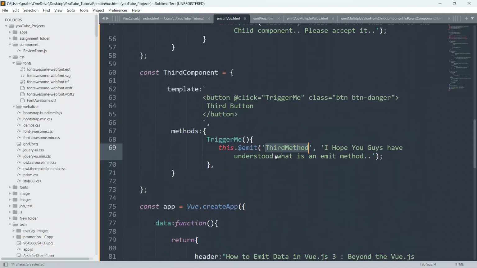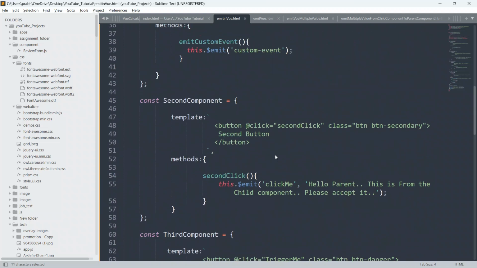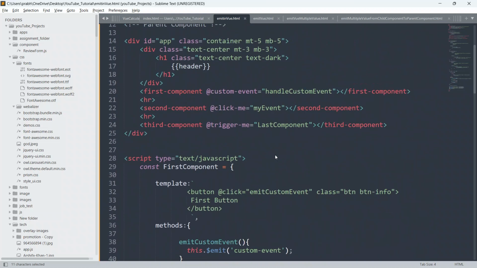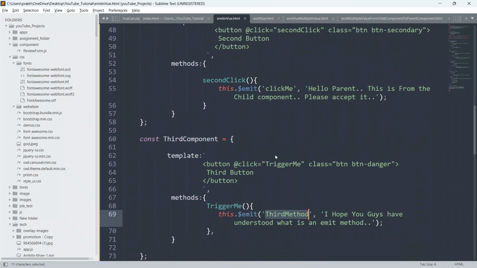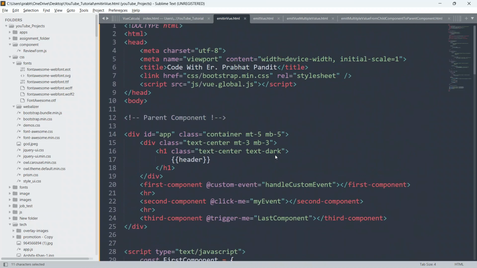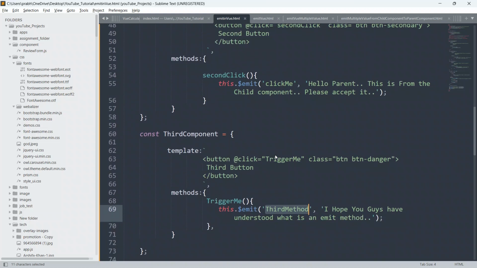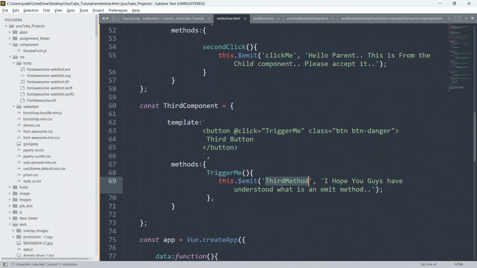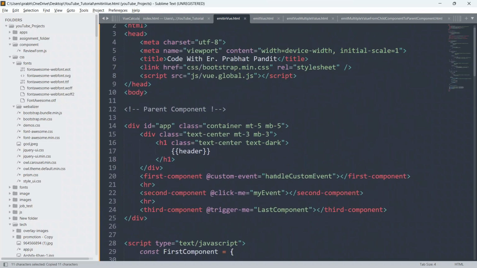So the third method. Okay guys, so we have to define this method. So just copy it and paste it here. So say dash small m and small t.